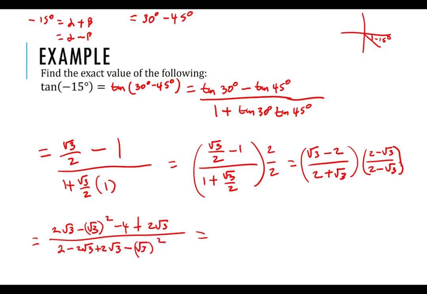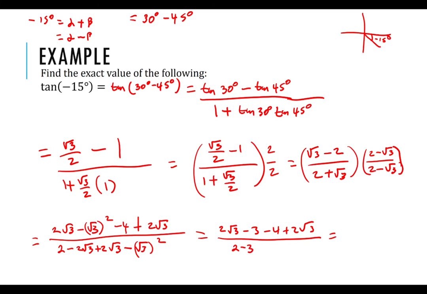Then clean it up a little further. That's going to be 2 root 3 minus 3 minus 4 plus 2 root 3 all divided by 2 minus 3, which then will give